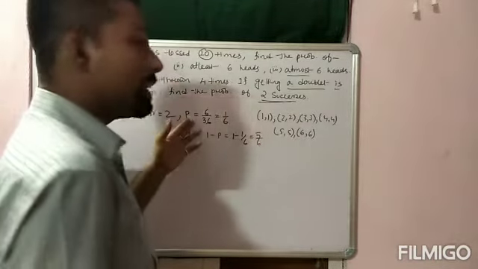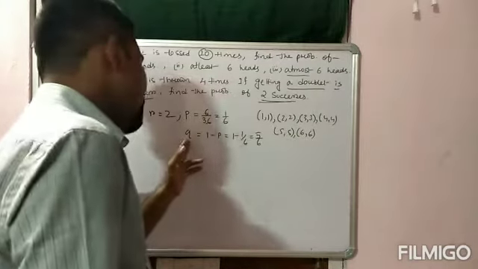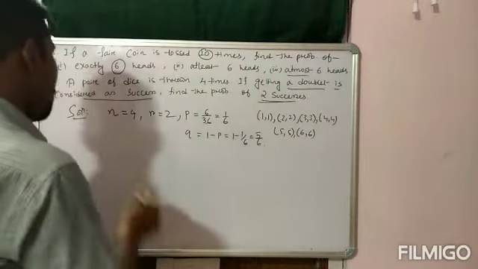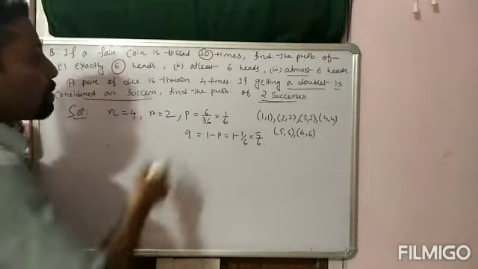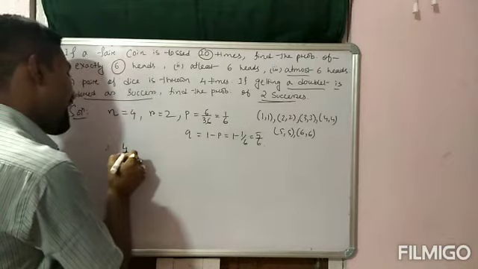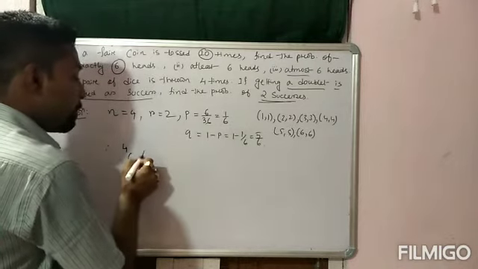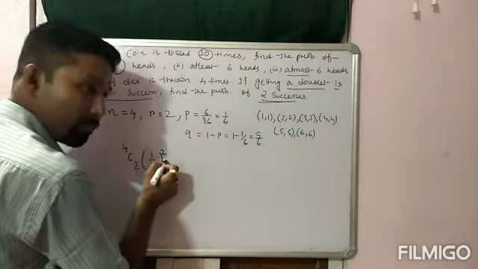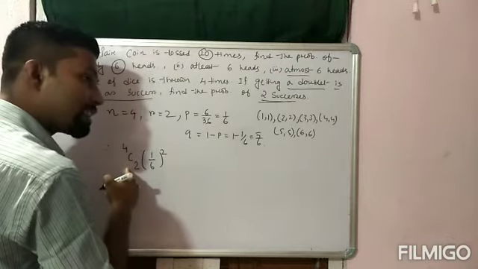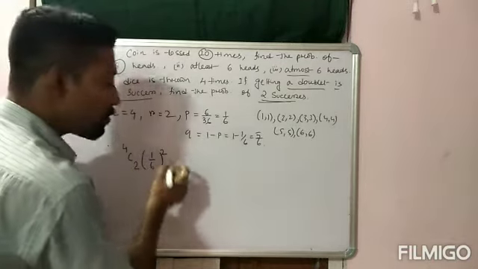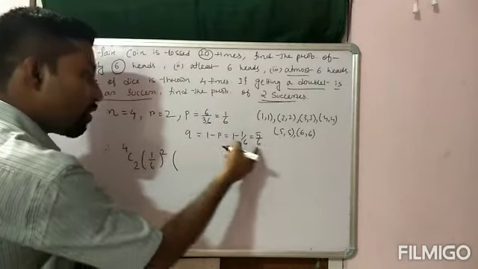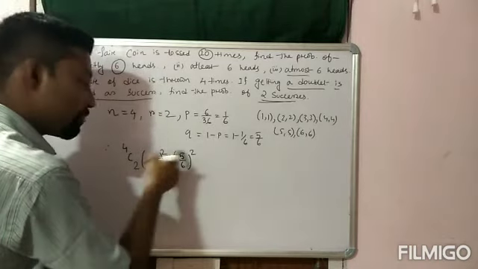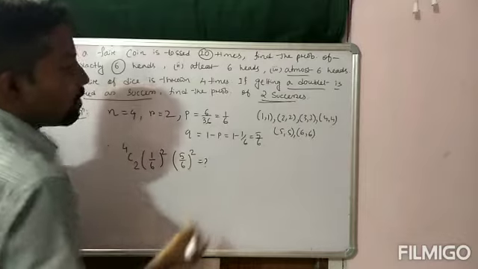So now we know probability of success, which is 1 by 6, probability of failure, which is 5 by 6, r is 2, n is 4. Now the required probability of 2 successes is nCr, p to the power r, where p is 1 by 6. Because only 2 successes were asked, out of 4, if 2 are successes, that means the remaining 2 will be failures. So what is the failure value, that means what is the value of q? q is 5 by 6, 5 by 6 to the power 2. 4 minus 2 is 2 only, so just calculate this value, you will get the answer.